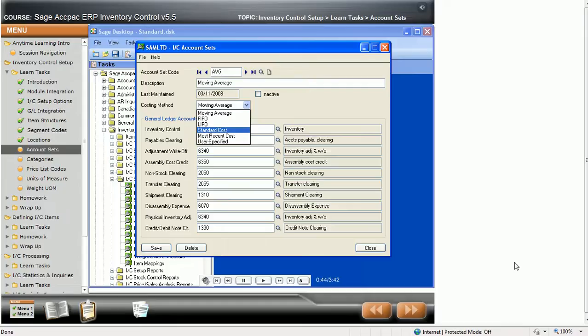Standard cost indicates that inventory uses a specific cost for the item when it is sold, regardless of the actual item cost. If the actual cost is different from the selling cost, the difference is sent to the cost variance account. Most recent cost instructs the system to use the most recent purchase price for the item when it is